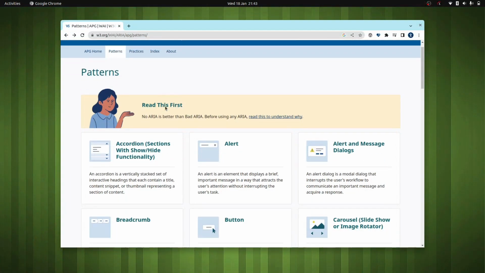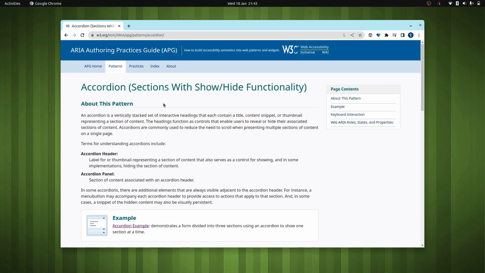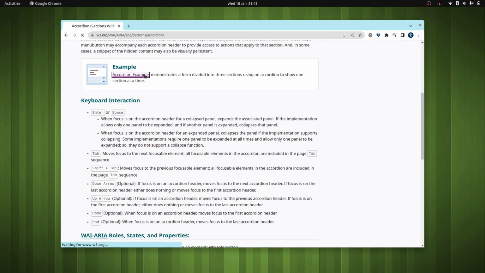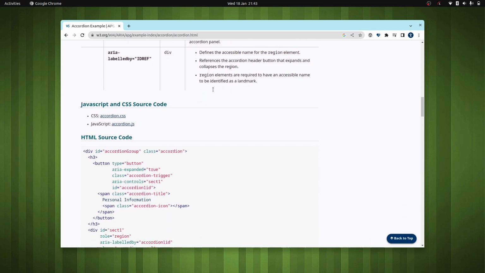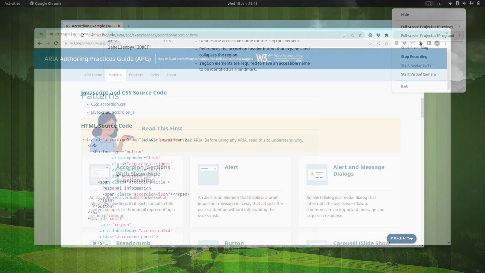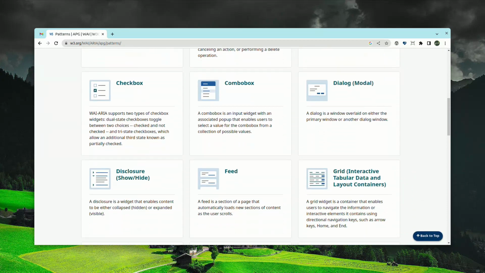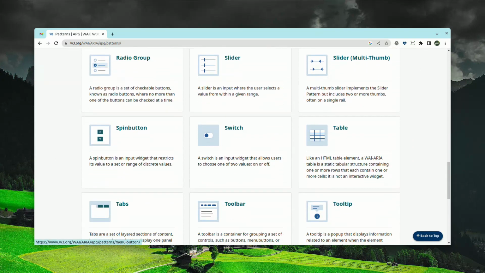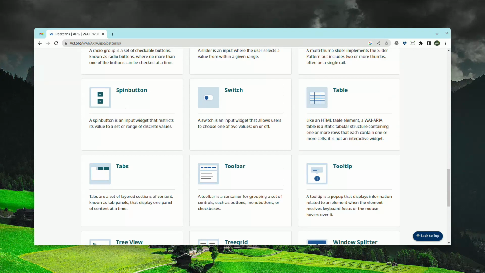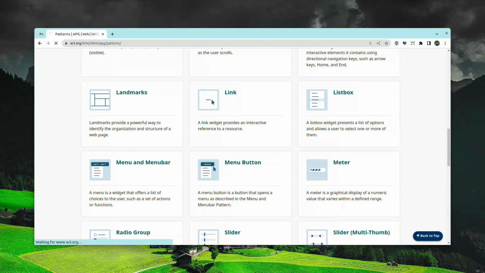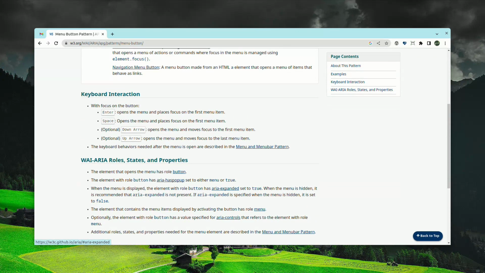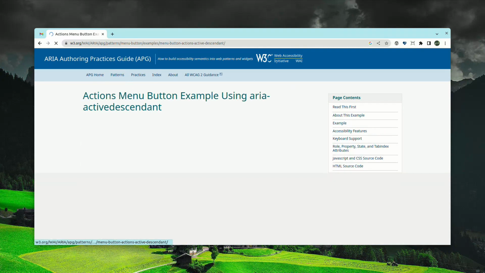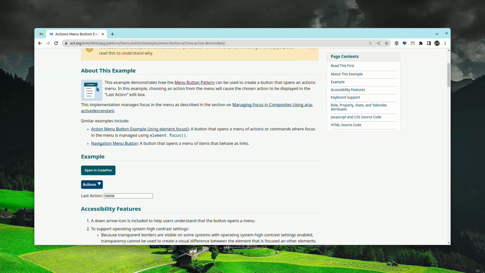Not every kind of component has a role, but it's still worth looking in the APG first before searching for an article on the component you're trying to make. There is no accordion role, for example, but there is a pattern for an accessible accordion that you can use. The patterns include working samples as well as giving you the HTML, but this is not the only way to build components. Some roles may require certain elements to have a specific structure or have attributes on a specific element, but the overall structure is not defined. This is why if you search for an example of an accessible component, nearly every blog or video on the subject will give a completely different structure and solution.